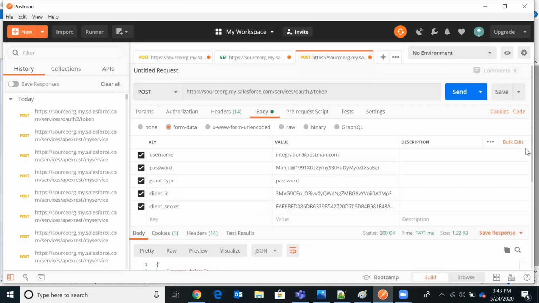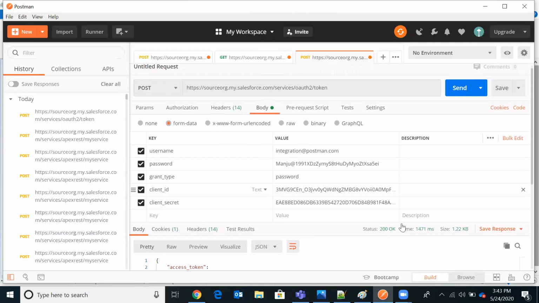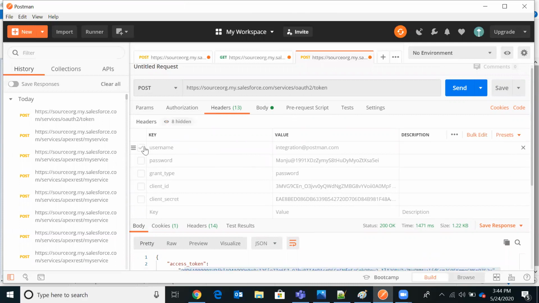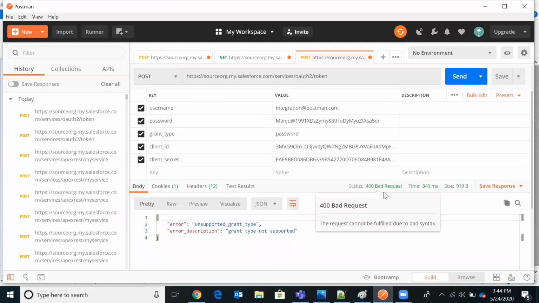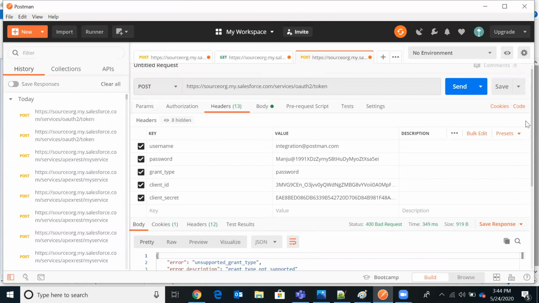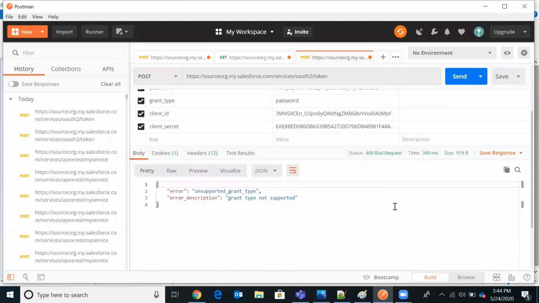Next, what might be the other status codes that we can see as part of this? Instead of passing all these parameters in the body tag, I'm removing all these parameters from the body tag. Instead, I'm going to add the same parameters in the header tag. Now if I try to send the request, it returned a 400 status code. By seeing the status code, we understand that the response we received is not our desired response.